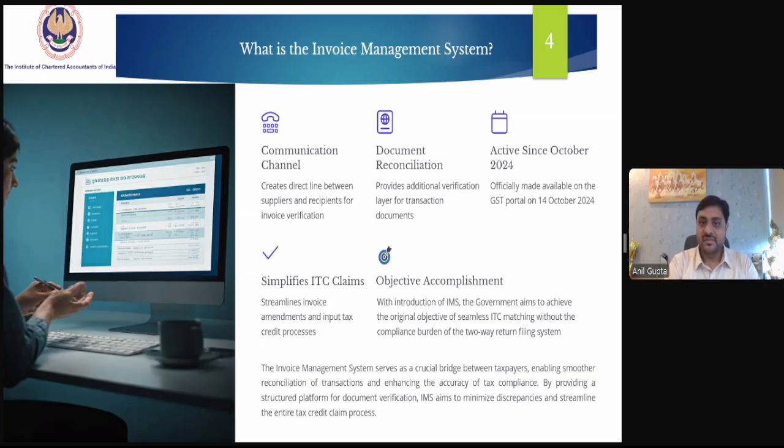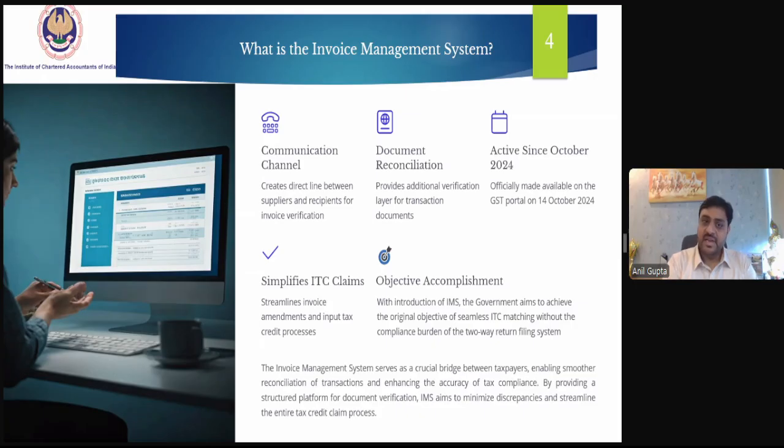If the services or goods are not procured by the recipient, or the details flown in the IMS dashboard by the supplier do not match, the recipient has to take a reject option. If the records are not available in the books of accounts of the recipient, the recipient has to mark that invoice or record as pending.